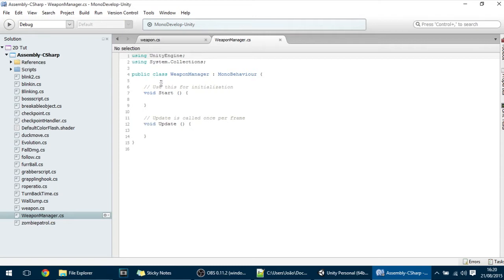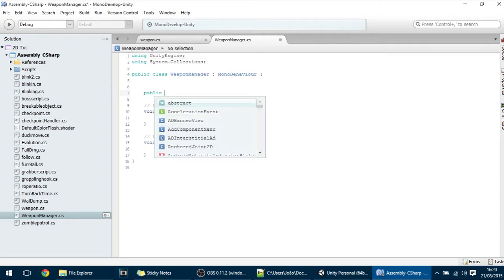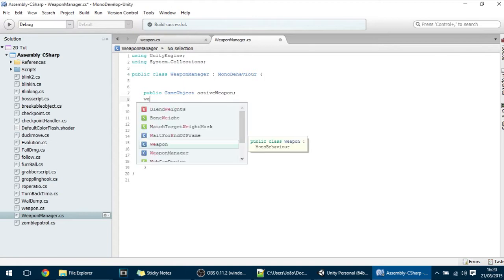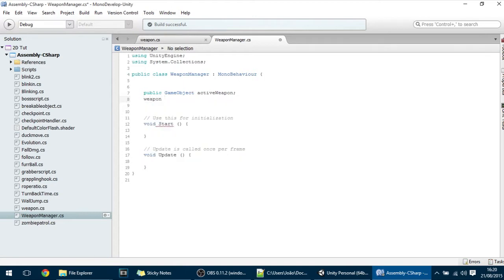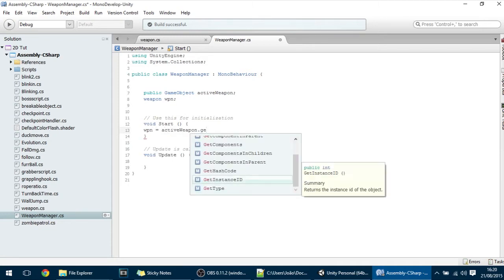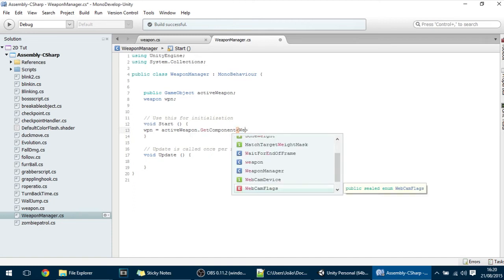So first off, in this script we need a public game object active weapon, and this will be the weapon that the player is currently equipped with. And I'm going to also give it a reference for the weapon script. So weapon script called just WPN, short for weapon. And here in the start we're going to make the WPN be equal to active weapon dot get component weapon,